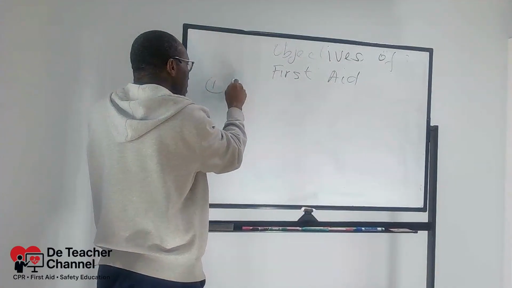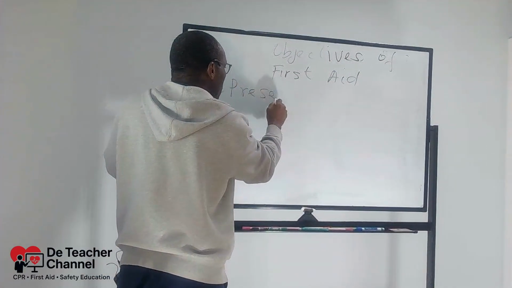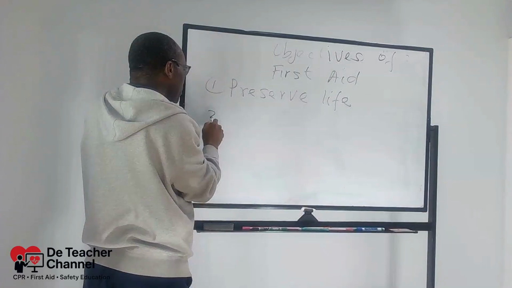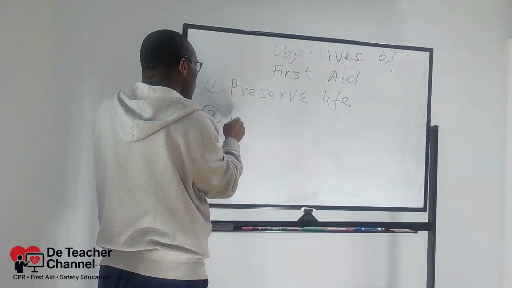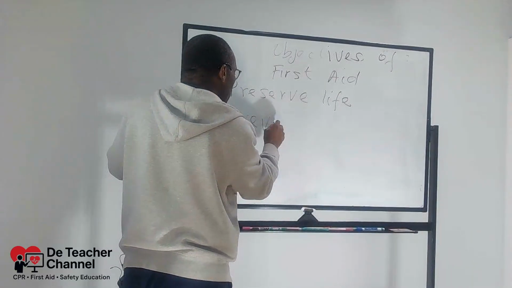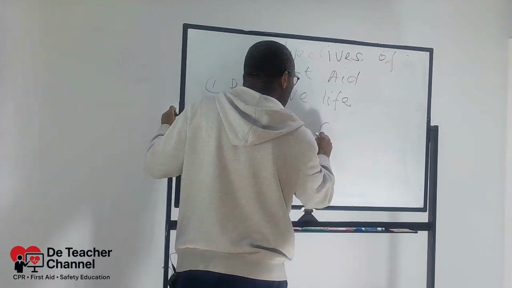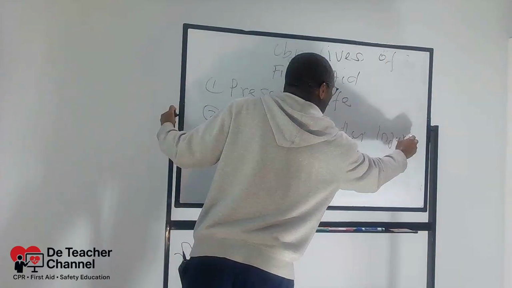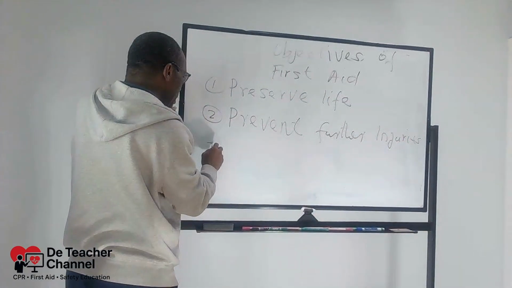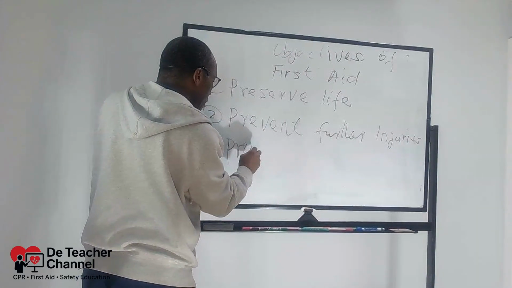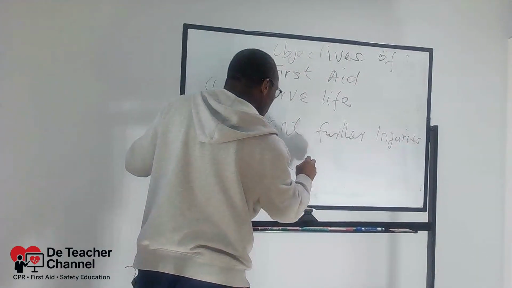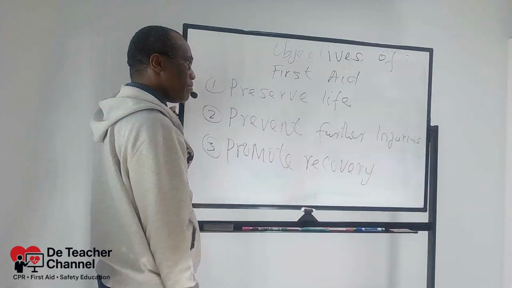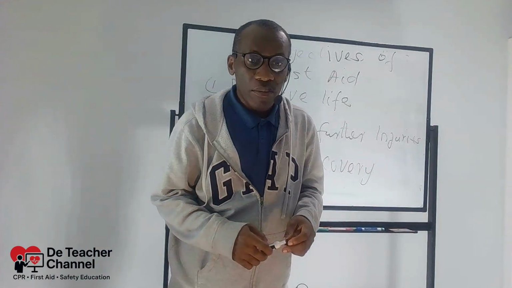Number one P is to preserve the life of the patient. Number two P is to prevent further injuries, and then number three P is to promote recovery of the patient. So those are the three core objectives of